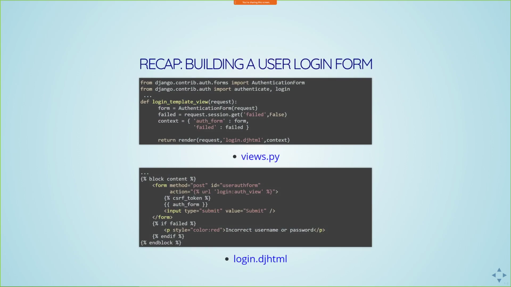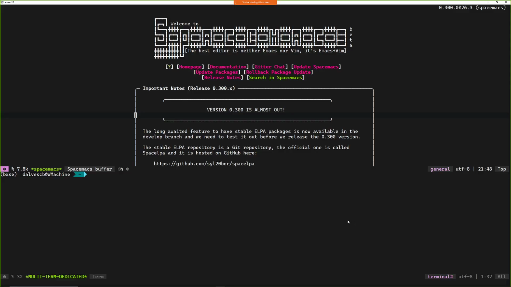Last time we went over how to build a login form, and we used the built-in authentication form that comes with Django just to make things a bit easier for us. We did it in a pretty straightforward way, using this built-in authentication form class. So if we go back to our code